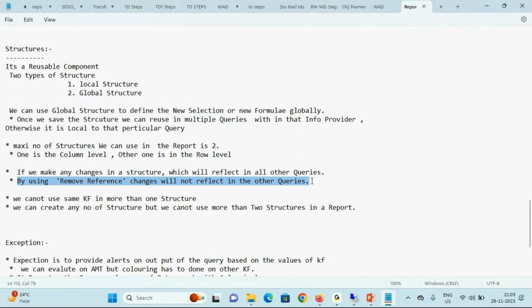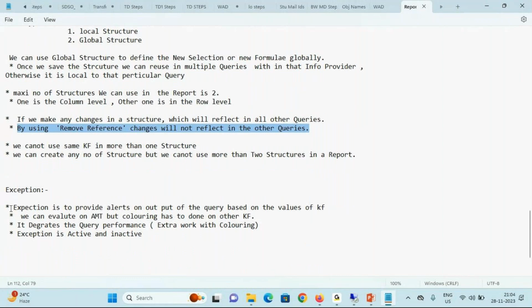structures. And we have something called exceptions. What do you mean by exception here? It is mainly used to provide some alerts to analyze the performance of the customer or a material, whatever it is, performance of the key indicator. So let's say, for example,